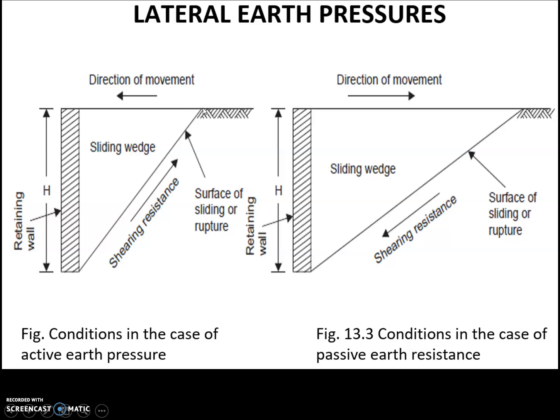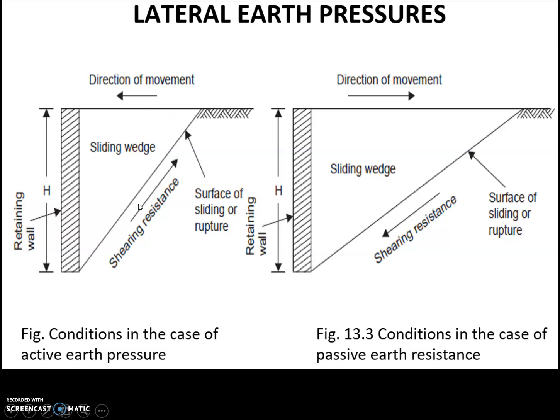When the soil moves towards the left hand side, there will be shearing resistance offered by the soil, and the line represents the surface of sliding or rupture, and here we can see the wedge which is known as sliding wedge. This shearing resistance acts opposite to the direction of the movement,